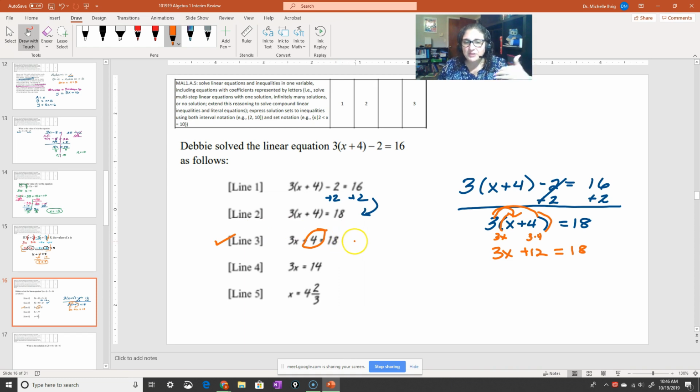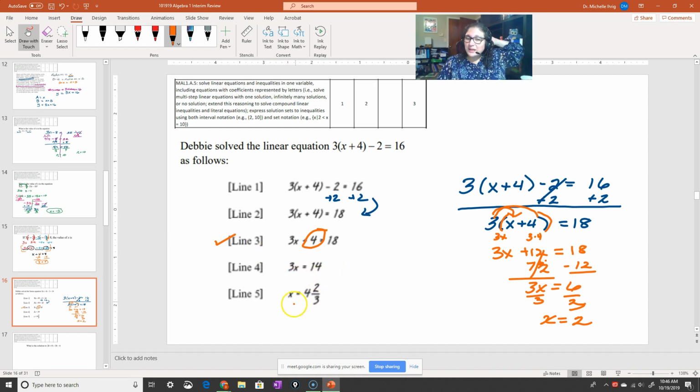After they do that, we have to subtract. So now we're left with 3x equals 6, and then they divide, and they get 2. Or I'm sorry, they get, yeah, this is a 3. This is x equals 2. Honestly, I don't know where else they're going to say is wrong, unless they say... Maybe it is just 1, because I can't imagine 14 thirds, 12, 14. Yeah, honestly, I don't know.